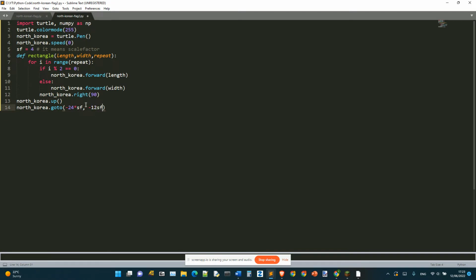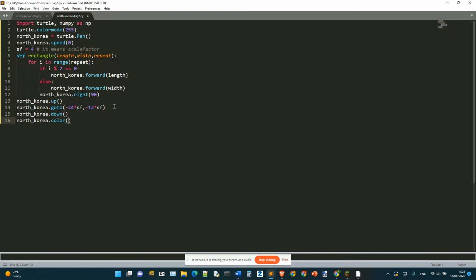Minus 12 SF, because the ratio of this flag is, width to length, 2 to 1. Actually, no, I got that wrong. The ratio of the North Korea flag is 2, the longer side, to 1, the shorter side. Usually the ratio of other flags is 3 to 2, longer side to shorter side. So that is done. North Korea dot down,